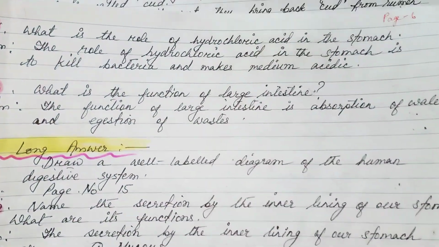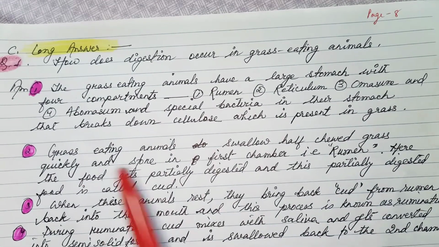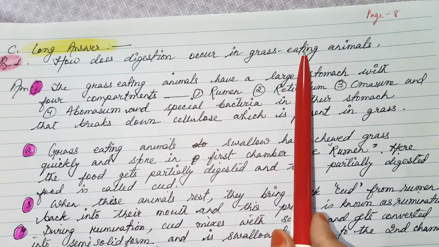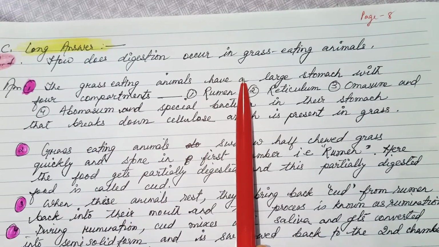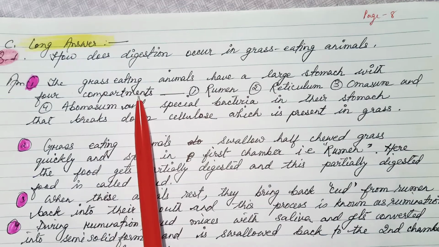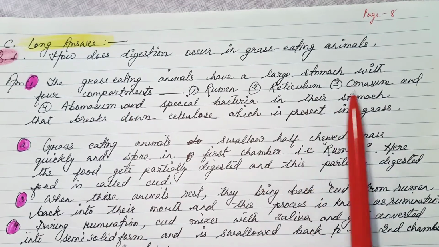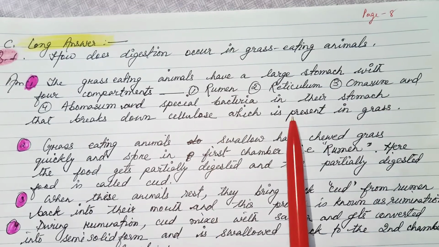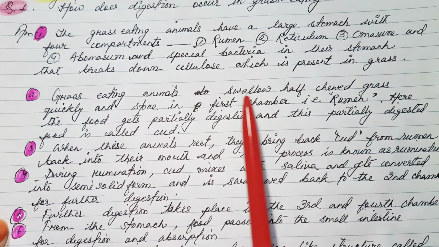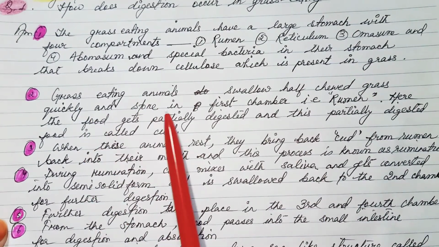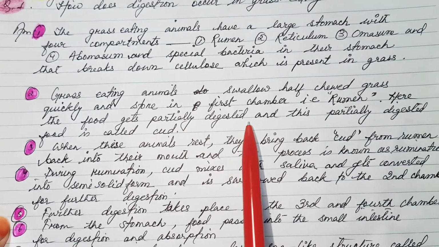Then long answer. In the long answer, the question is asking: how does digestion occur in grass-eating animals? In this you have to write the following points. First, grass-eating animals have a large stomach with 4 compartments: rumen, reticulum, omasum and abomasum, and special bacteria in the stomach that break down cellulose which is present in grass. Then second point: grass-eating animals swallow half-chewed grass quickly and store it in the first chamber, that is the rumen. Here the food gets partially digested